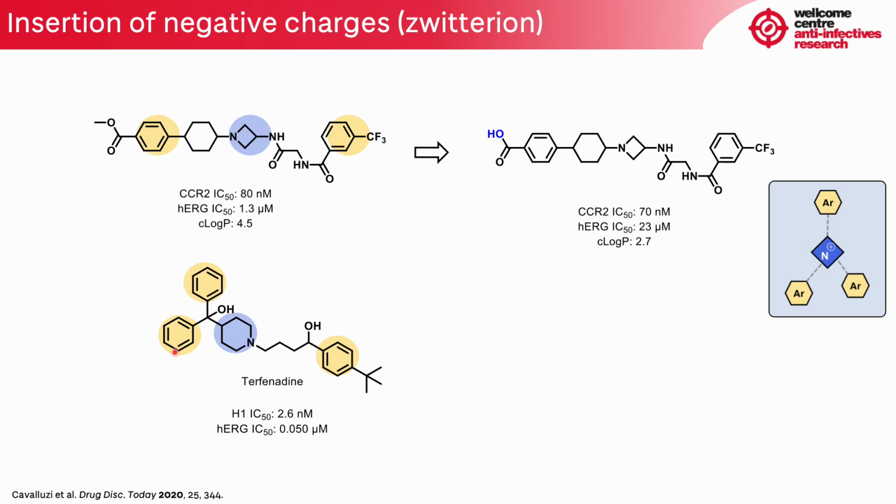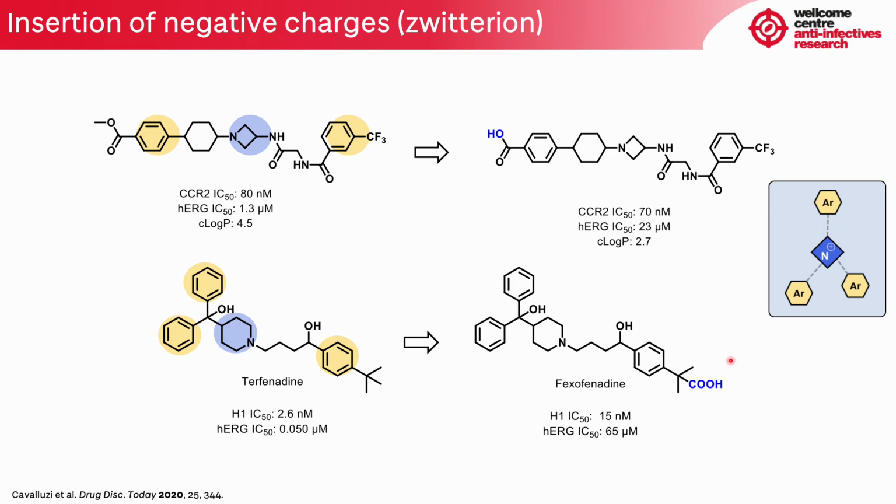In the second case, that was a prescription drug. That was terfenadine. That was an anti-allergic drug that was withdrawn from the market because it was a very potent hERG blocker. And the insertion of this carboxylic acid at one of the edges of the molecule led to the discovery of fexofenadine. That is a prescription drug, also indicated as an anti-allergic. The potency as an anti-allergic stayed at tolerable levels, and the hERG inhibitory activity decreased a lot, from 0.05 micromolar